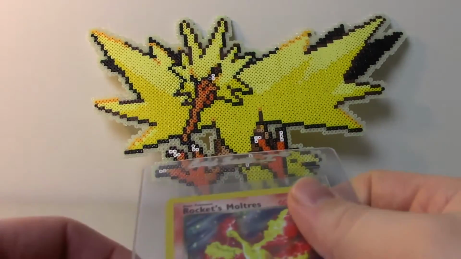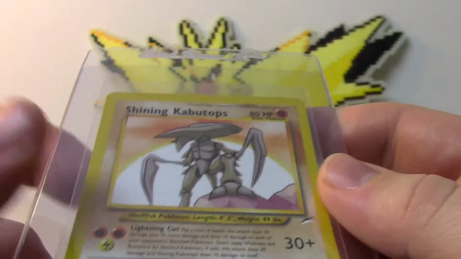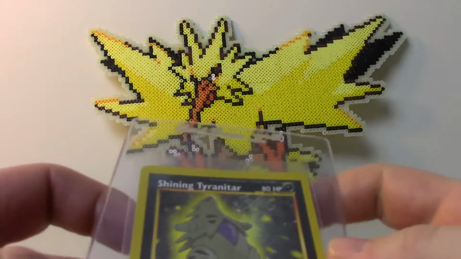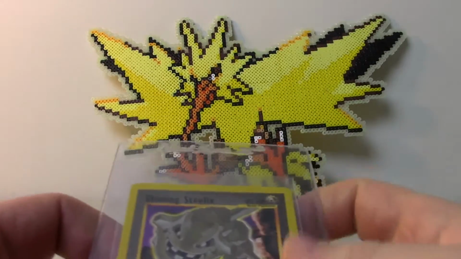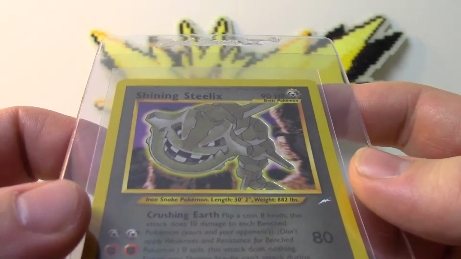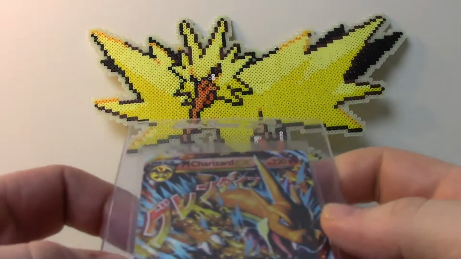Ryoku, Rocket's Moltres, Shining Kabutops. So we're seeing lots of your typical Shinings and highly collectible cards that lots of people like to submit. Japanese Shining Steelix, Mega Charizard EX,